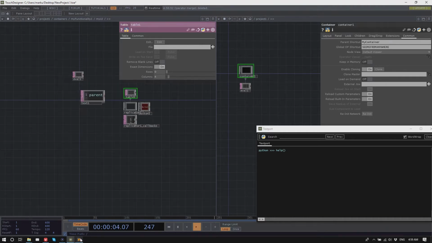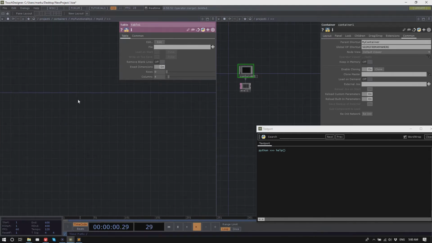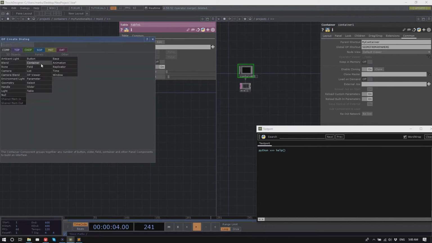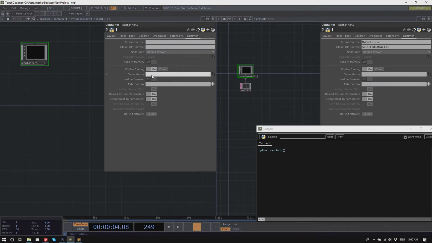Yeah. Can you quickly show how you create a clone again? So if I want to clone a component, for instance, a container component? Yeah. It's literally, if you have a container and you want to create a clone, what I often do is I just specify the clone master on the clone master itself.